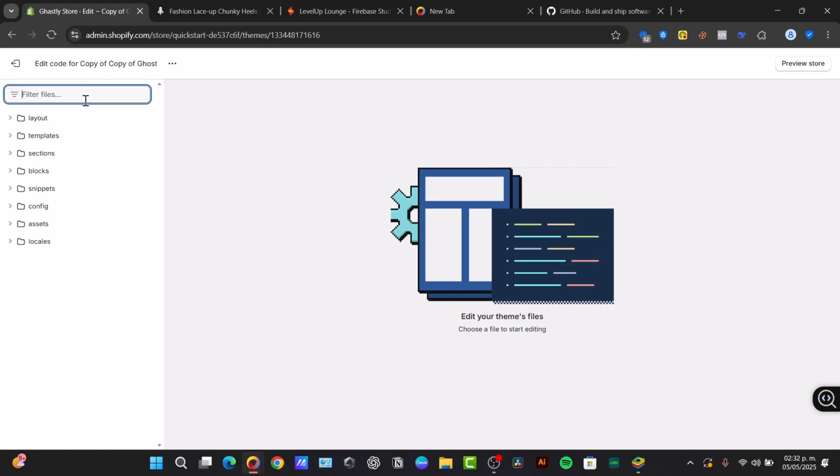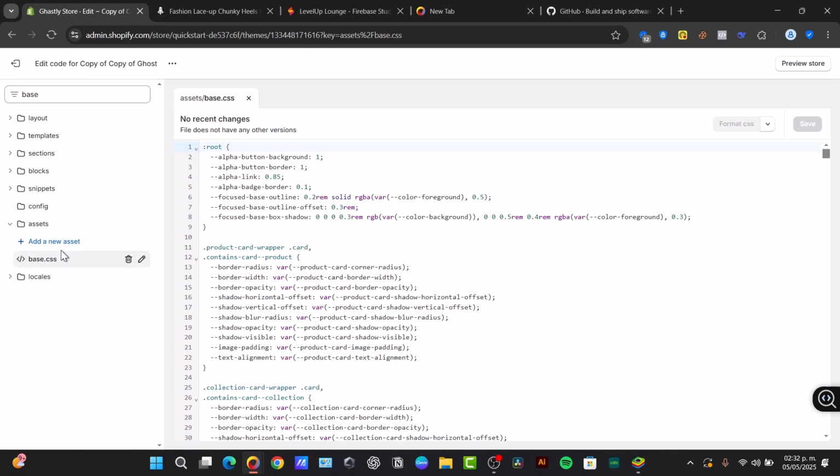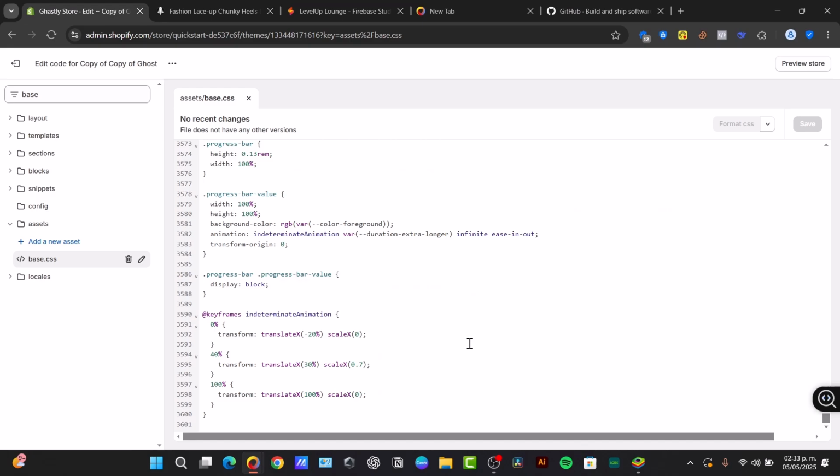So we can look once again for base.css, and we scroll all the way to the very bottom of the file, and we need to add a CSS rule that specifically targets the Buy It Now button text. The exact CSS selector might vary slightly depending on the Shopify theme, so here are a few common ones to try. So I'm going to go here and just type that shopify-payment-button